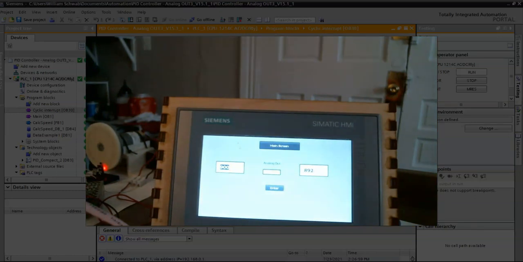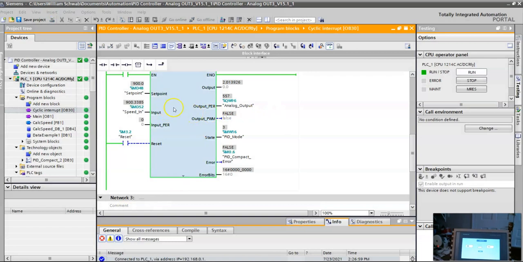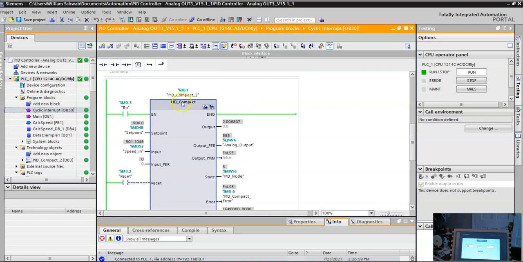You can try to optimize the PID loop, and that takes a little work. One of the tools that they have in here, I'm going to have to minimize the screen here, but if you go into this PID control, it's called the Compact PID Control, they've got two things. One is configuration, and the other is the commissioning window. And so if you go in here,